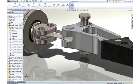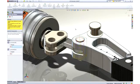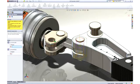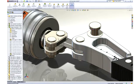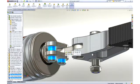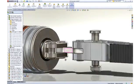SolidWorks allows us to copy parts along with their mates, which is a big time saver. Simply identify the hole and mating face for each hole where the pin is to be placed. As you can see, these pins are too long for the rod end. Remember, the pin was modeled in multiple sizes, so we can easily change the length of just these two